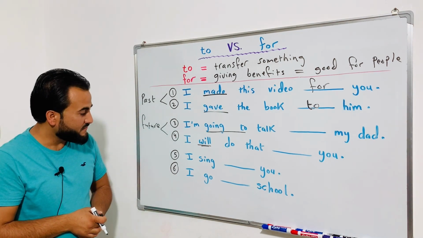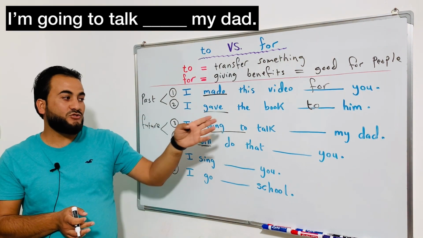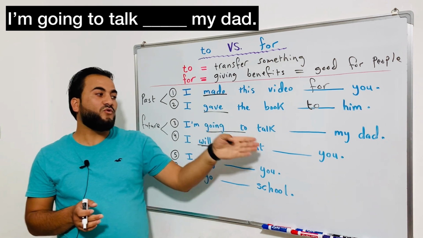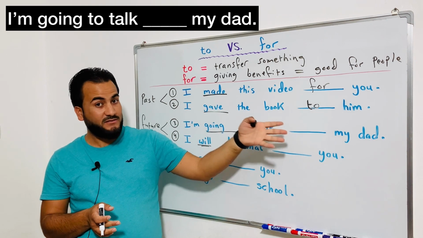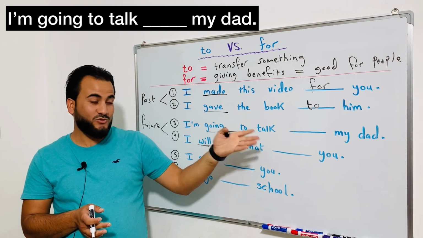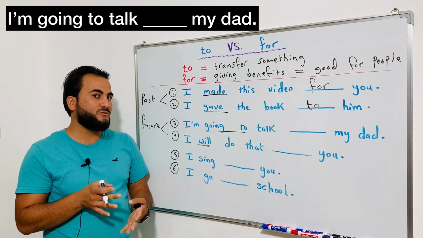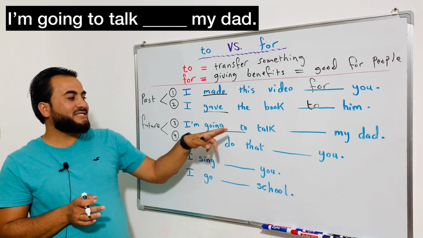Okay. I'm going to talk to my dad or for my dad. أنا راح أتكلم مع أبي. What do you think? To my dad or for my dad? What do you think? شو رأيكم؟